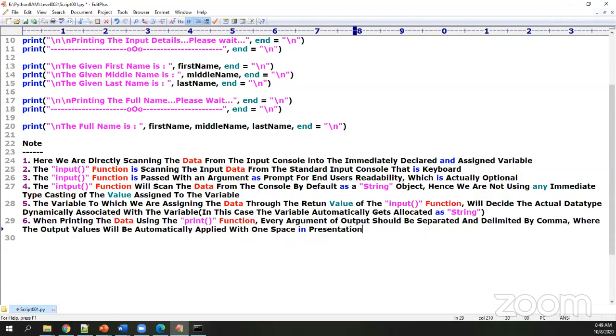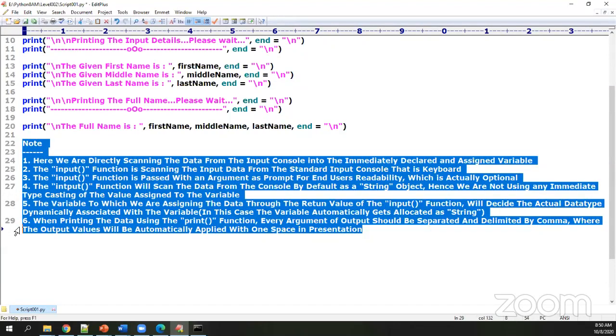So these are the fundamental things you should always keep in your mind when you're working through the process. Trust me, all these details, your Python documentation will not speak with you.